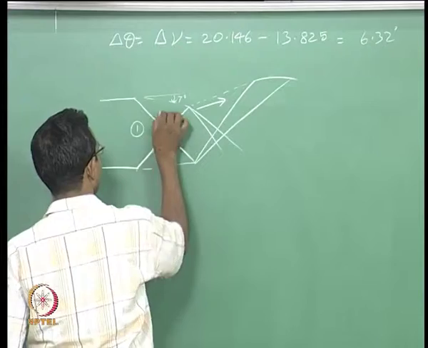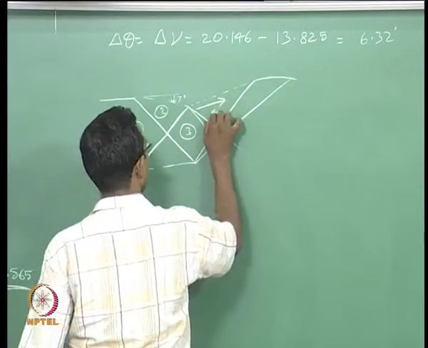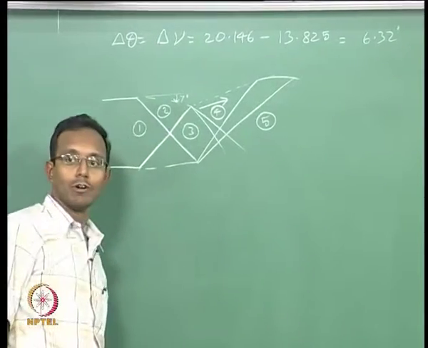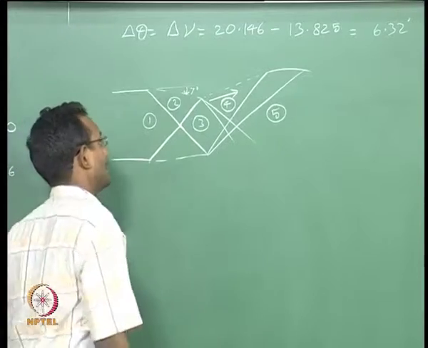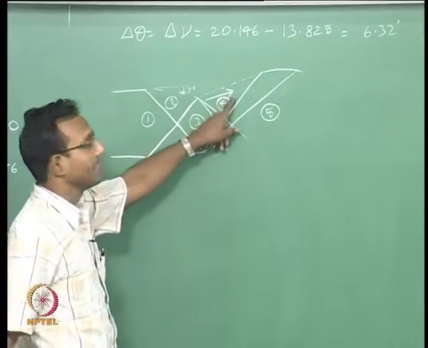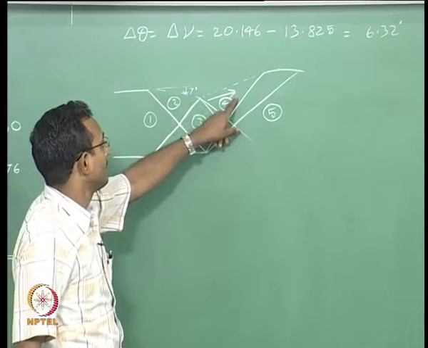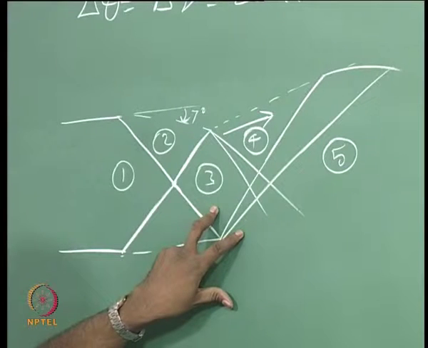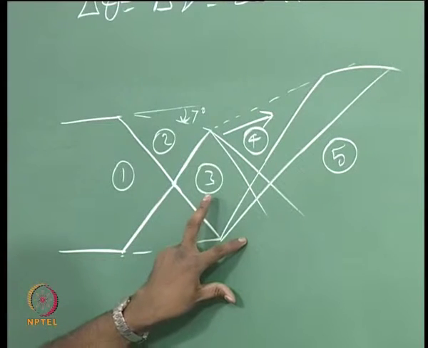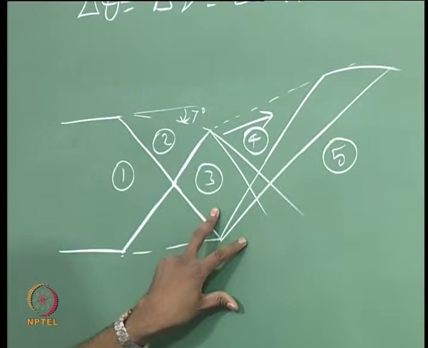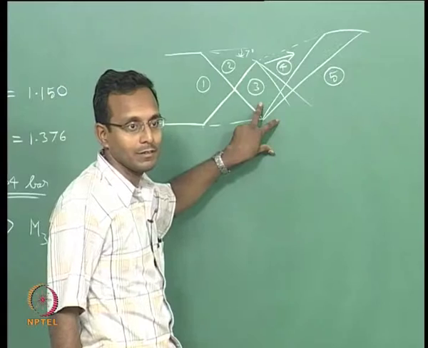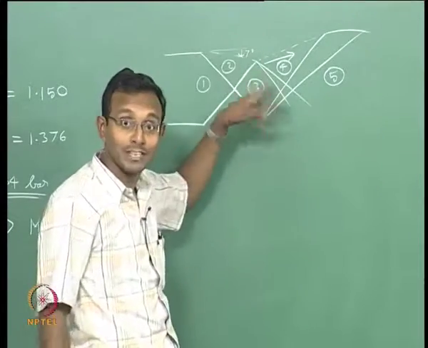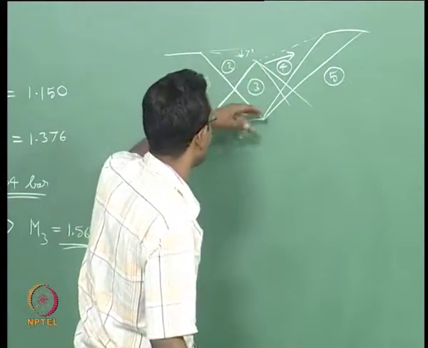So, I have solved for region 1, region 2, region 3, region 4. Now, I want to go to region 5. I want to go and solve region 5 next. How will I solve region 5? It is experiencing an expansion fan started from here with this particular pressure condition as the main information given by the expansion fan, 3 to 4. Which means it will operate with the same delta nu and the same delta theta, okay, because it is a symmetric system. If this pressure is different from that pressure, then it will do crazy things. Currently, we are taking it as a symmetric system.